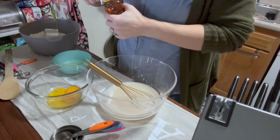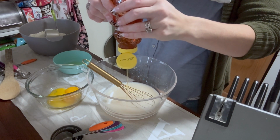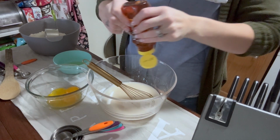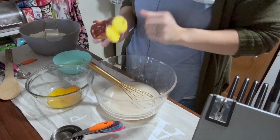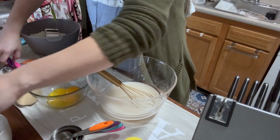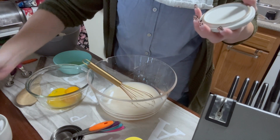I was so excited to make this bread, and this tasted so good. I sent a picture of it to my sister, and she did the drool emoji because she thought that it looked pretty good too. So I'm really excited to try and make this again. This was a really successful first time of me making it, and I'm very proud of myself for doing so because